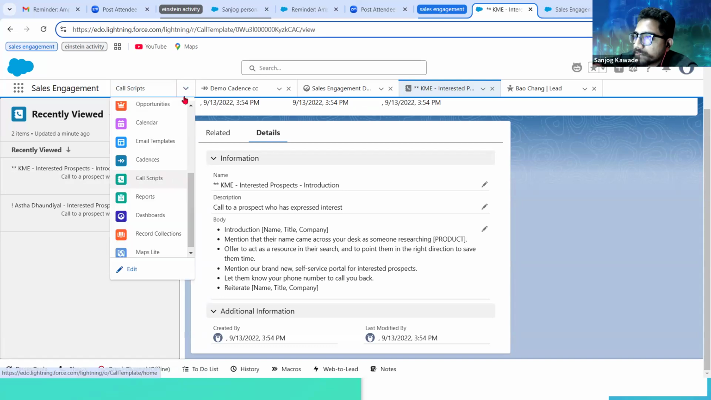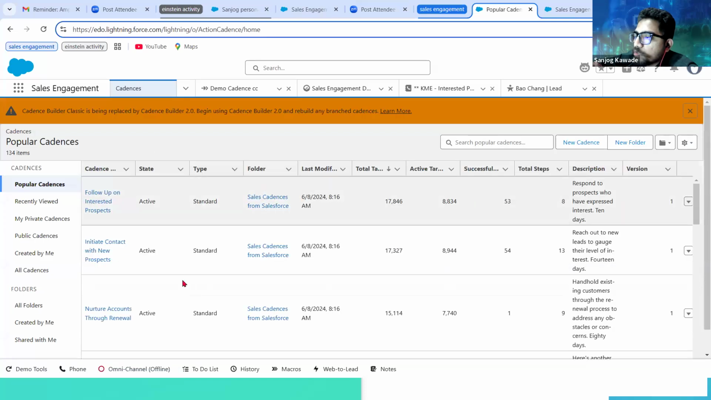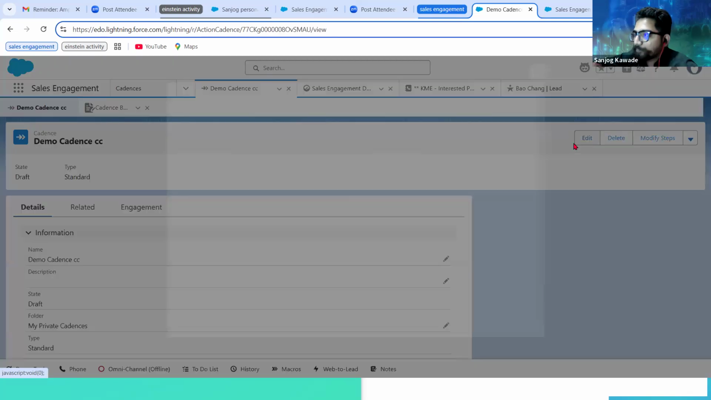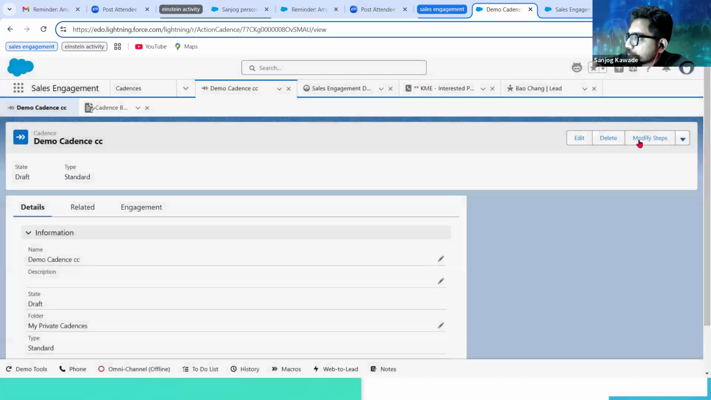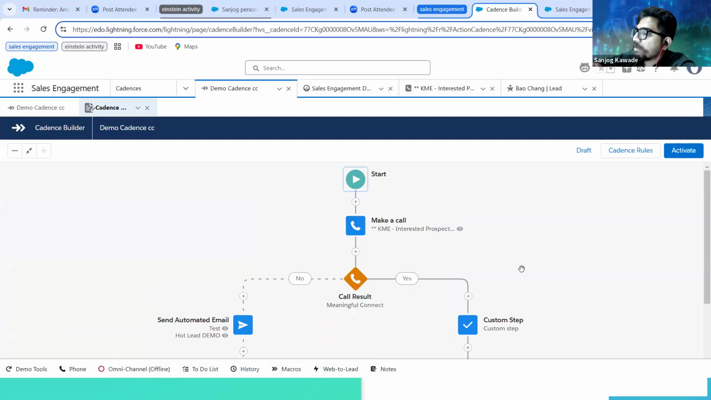So I'll open cadences here. What you can do is open cadences, click on cadences, and open the cadence that you want to work on. I'll probably use this cadence, which was already prepared for you, but I'll add a few steps inside just to show you how to do that. So whenever you start creating a cadence,